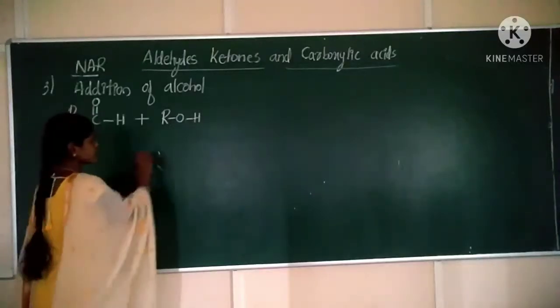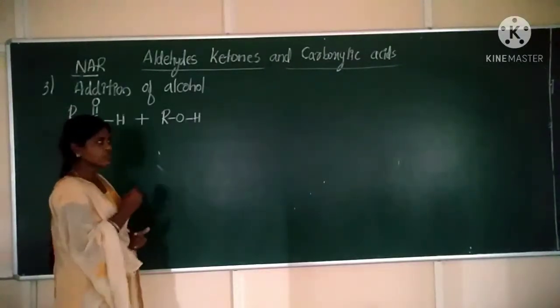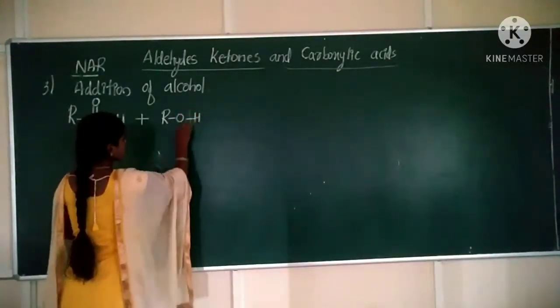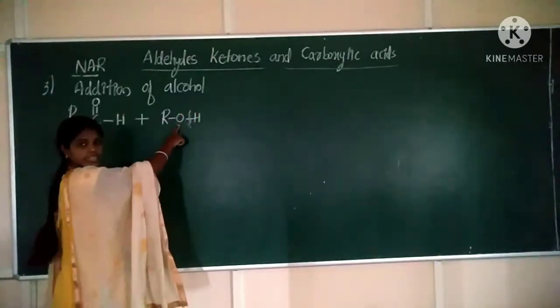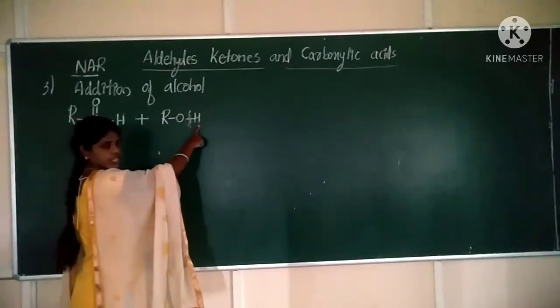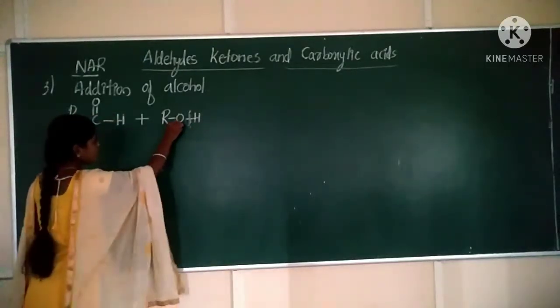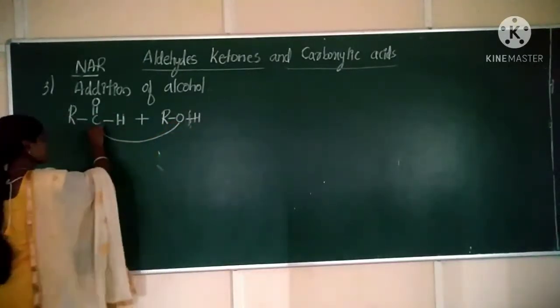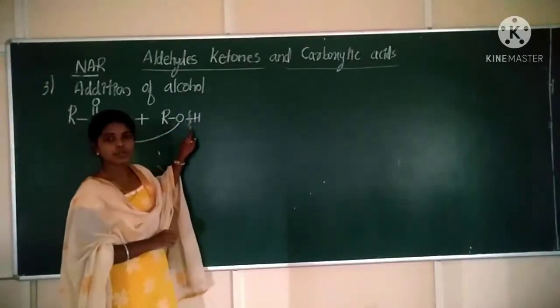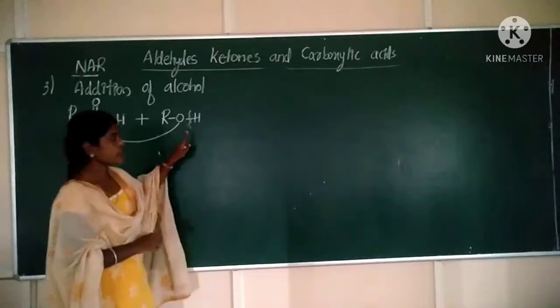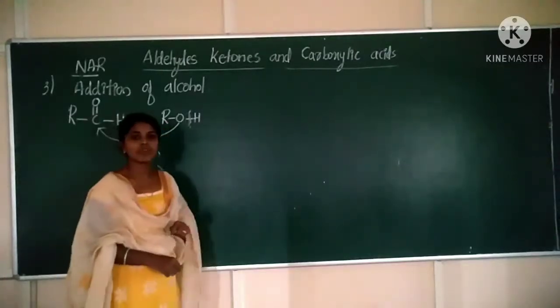So acidic in nature means how it dissociates. It dissociates to form a what? The bond is cut here. Correct. Oxygen carries negative charge, hydrogen carries positive charge. Now this OR, alkoxy group, R and O minus. This group is said to be what? Alkoxy group.